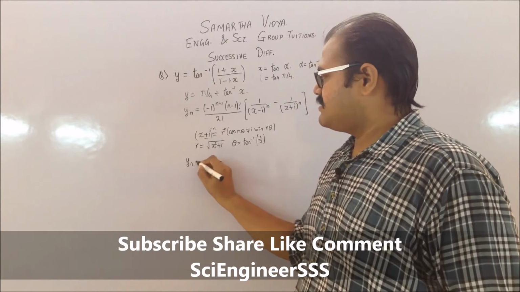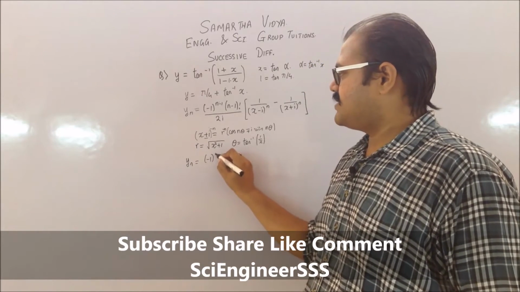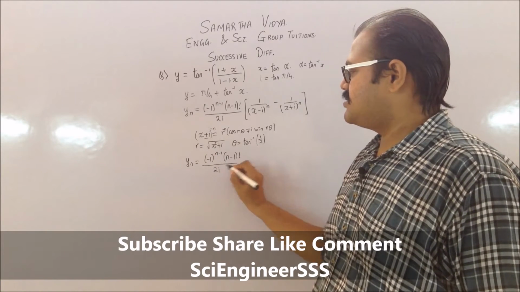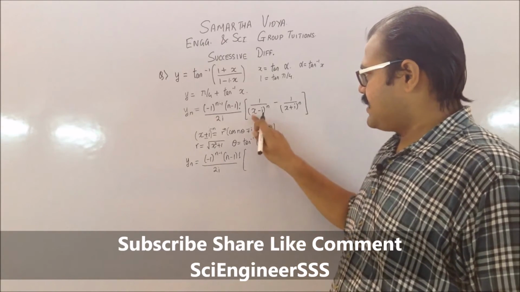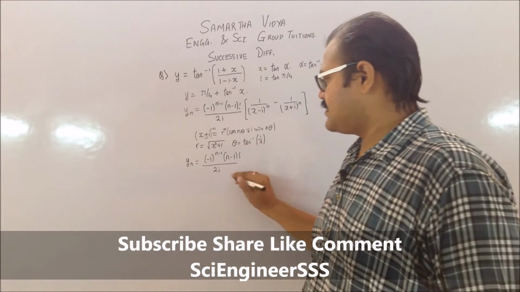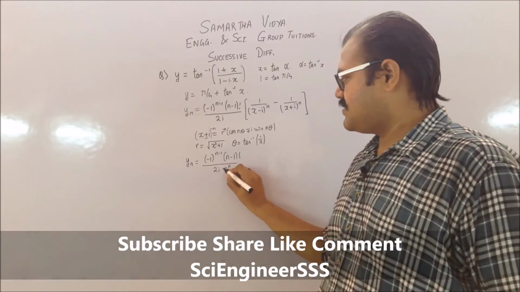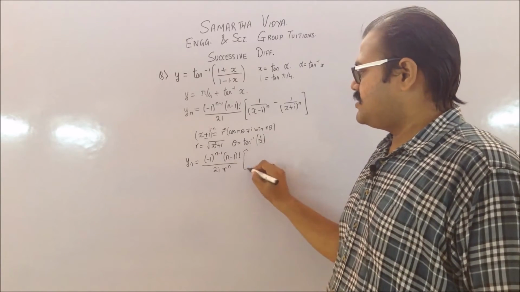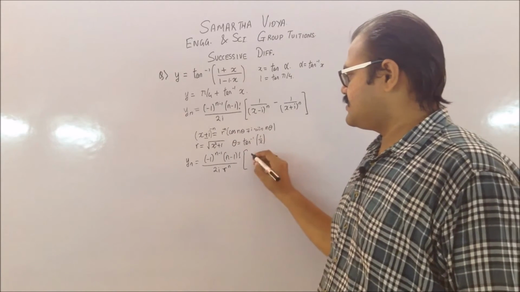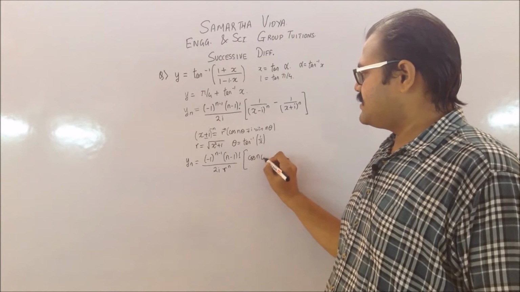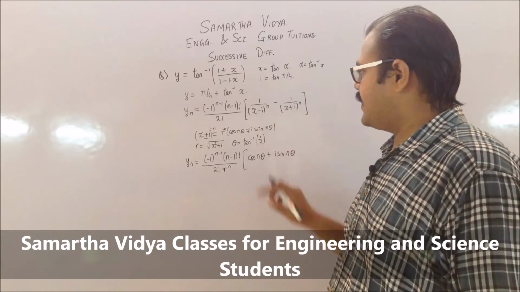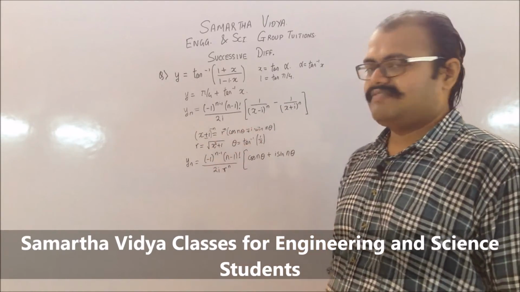So your yn is going to be equal to minus 1 raised to n minus 1 factorial divided by 2i, into x minus i term should be written as r raised to minus n. So you will be just writing that r raised to n in the denominator, into your x minus i, which is basically cos n theta plus i sin n theta. So it's cos n theta plus i sin n theta, and it's minus of the x plus i term. So for the plus we are having minus.